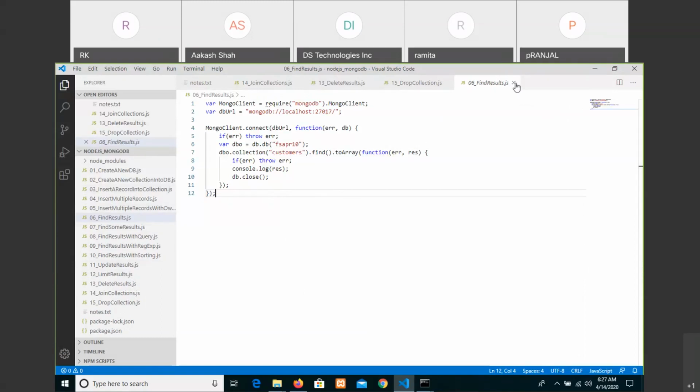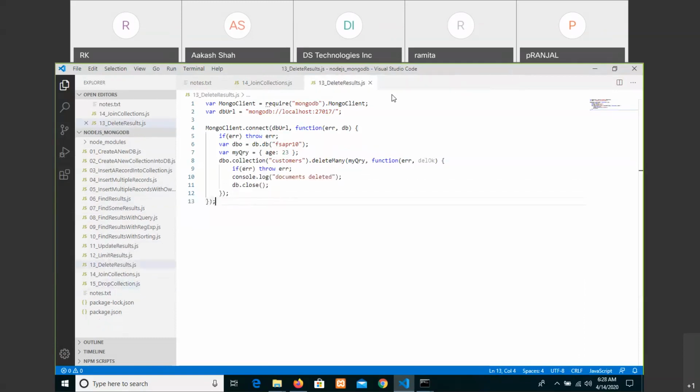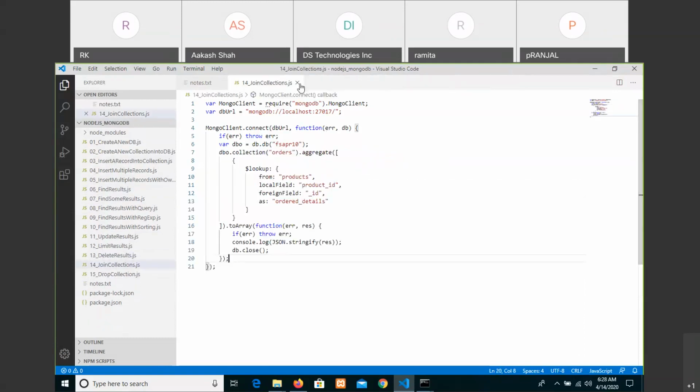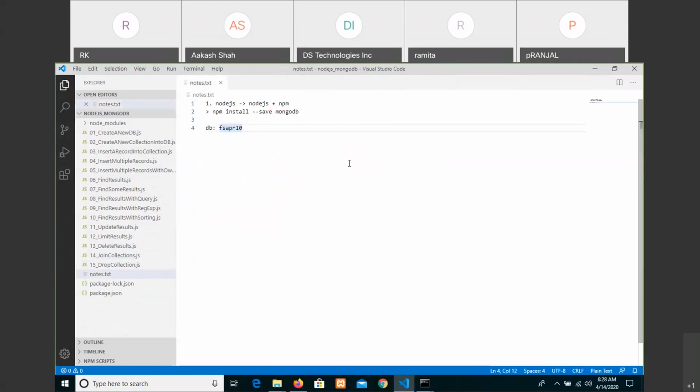But to know those points, first of all, we have to get an idea about the concept of Express.js. So hope you have already gone through what we have discussed up to the last points. And these are the two new points that we have discussed today, join and as well as drop. It's clear, all the points we have discussed about Node.js with MongoDB. It's clear to all of you.